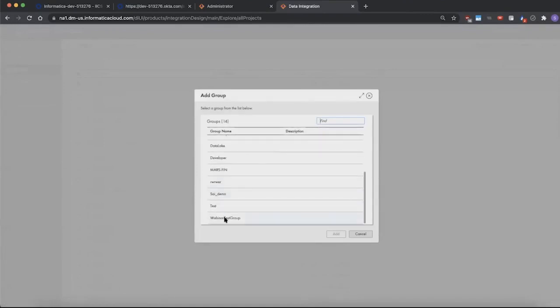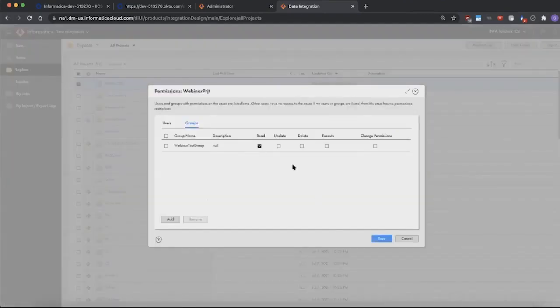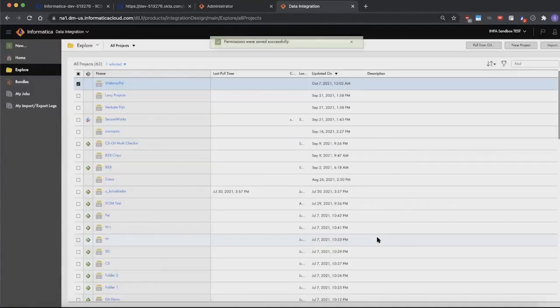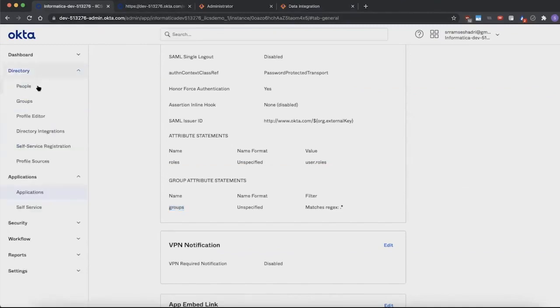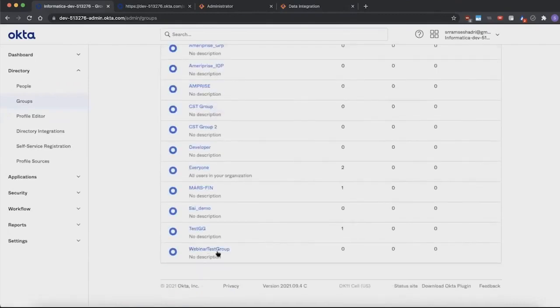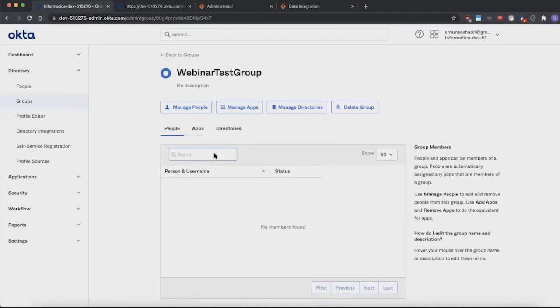So you will see that here. Right now, let's give all permissions to this group for this project. I'm going to click on save. So anyone who logs in with this group will automatically have access to this project, right? That's the idea. The next thing we do is go to groups and add the user to this group, so that when we log in,